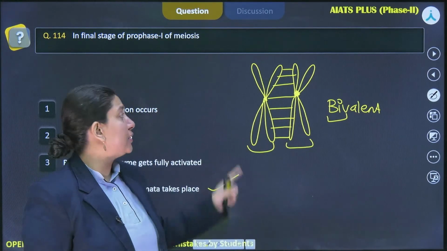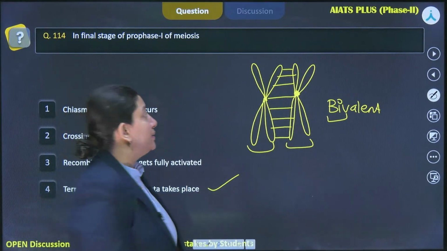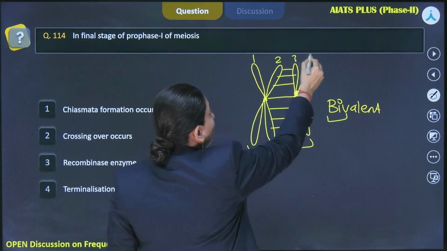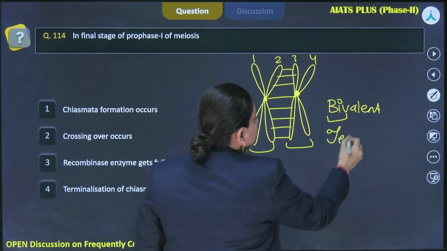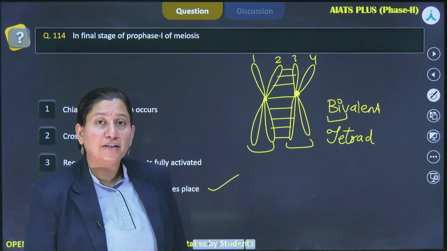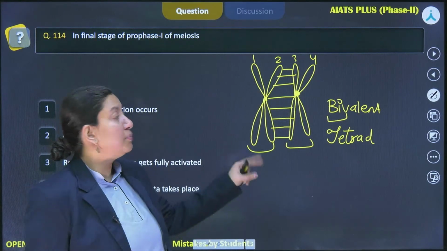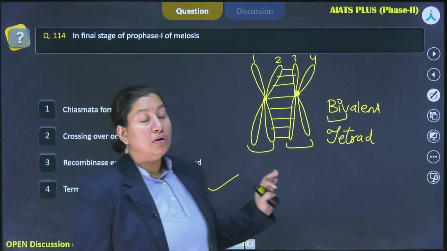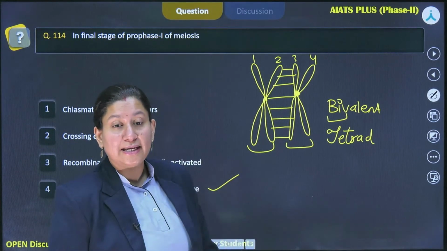So two chromosomes are going to be there. In terms of chromatids, it will be 1, 2, 3 and 4. Four chromatids are there, that's why we are going to call it a tetrad. So one bivalent is going to have 4 chromatids, right? So now what happens during here is that